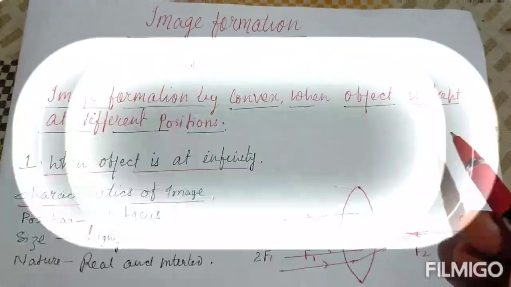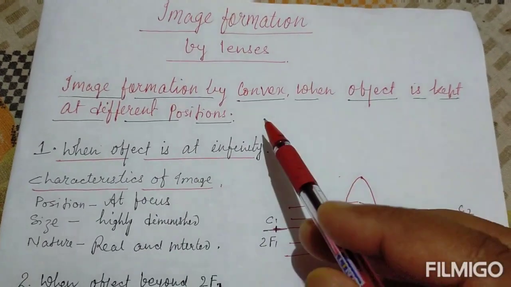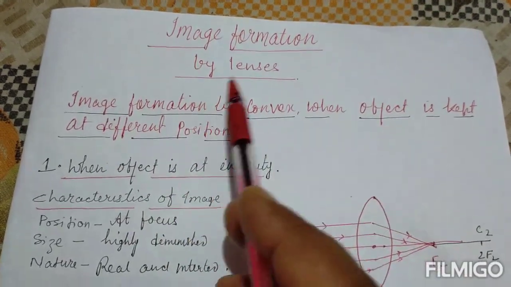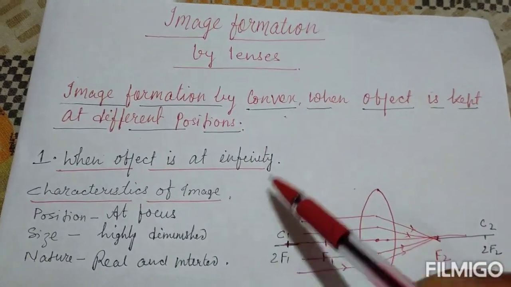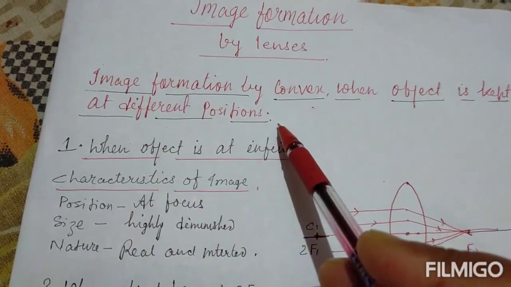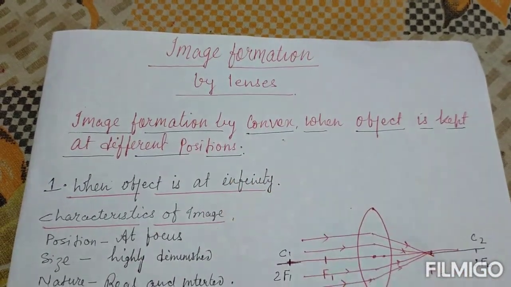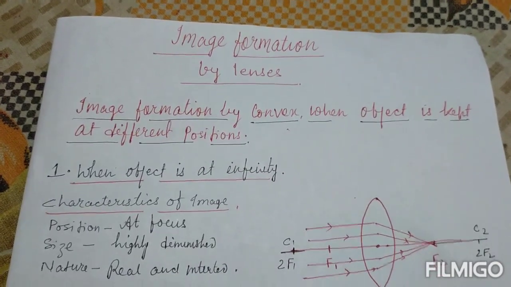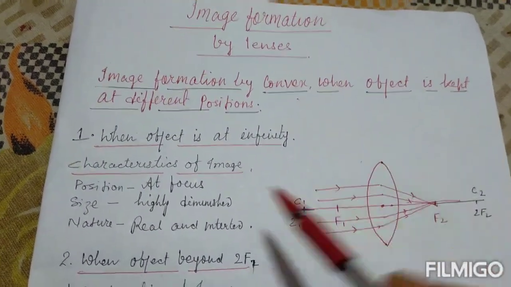Now, after studying the special types of rays, we will use those rays in the formation of images. So image formation by lens: image formation by convex lens first, and then we will see image formation by concave lens. We already studied in case of mirrors that when we put the object at different places, the image will be formed at different positions. In case of lenses also the situation is the same.